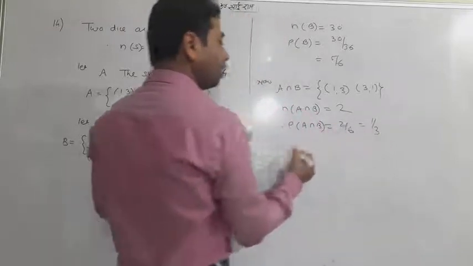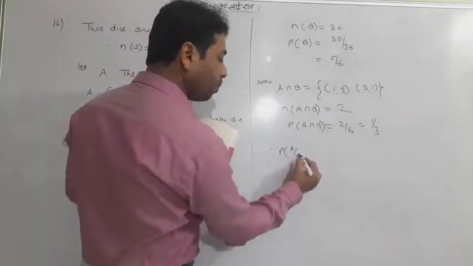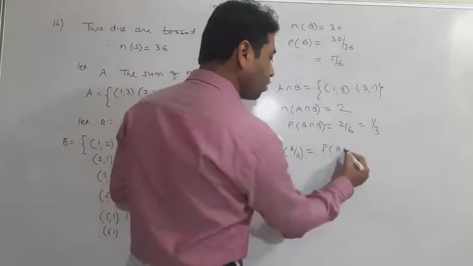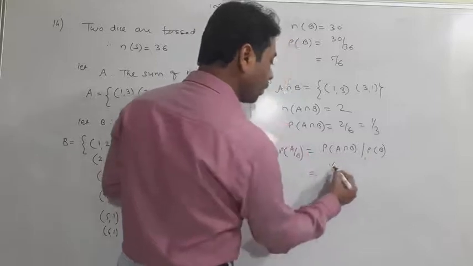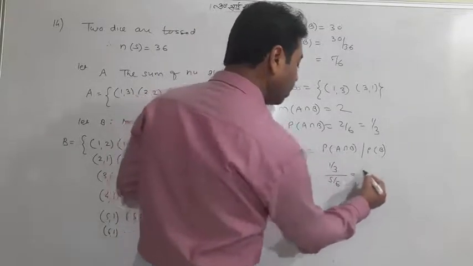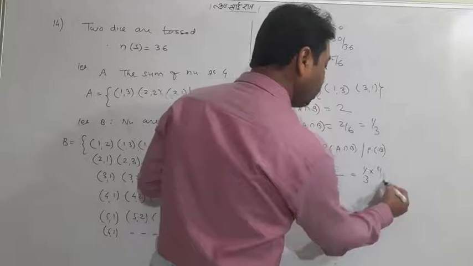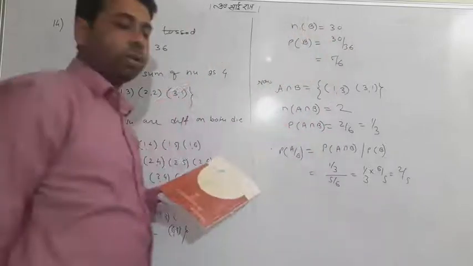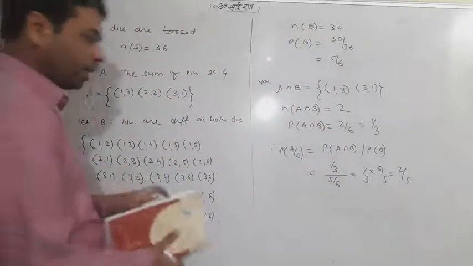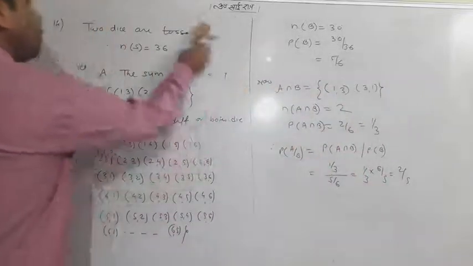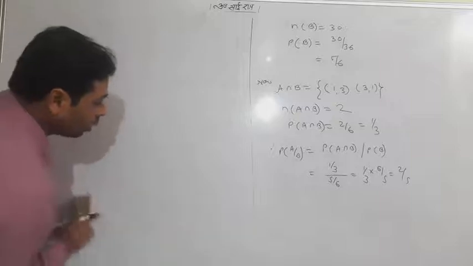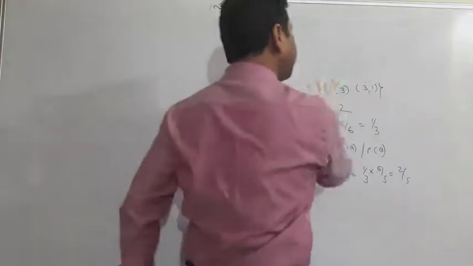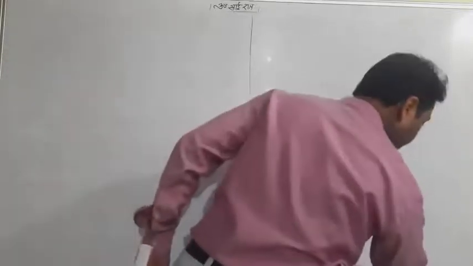1 by 3. So overall P of A given B will be P of A intersection B upon P of B. So your answer is 1 by 3 upon 5 by 6. 1 by 3 times 6 by 5. So the answer is 2 by 5. This is simply done. Nothing hard it was. You now know the meaning of the formula, how to deal with the problem. Easy it was. Now the final question I am making here for you. This is an interesting one. Now can you read the 15th one?